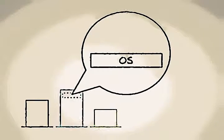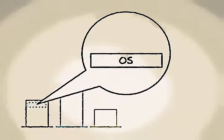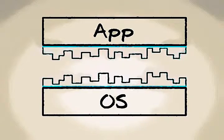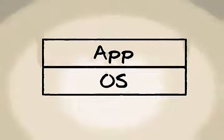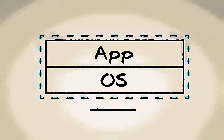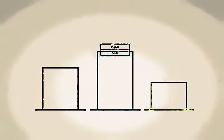For example, if you took out the hard drive and plugged it into a different machine, it likely wouldn't boot correctly. Next, you installed an application, which was also tightly coupled to the operating system. In essence, every element was tied to the one below it. Then virtualization came along and made it possible to package the operating system, applications, and any data into an image or a workload and abstract it from the underlying hardware. By decoupling the workload from the hardware, the virtualized image